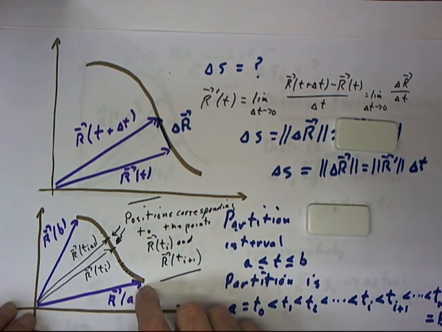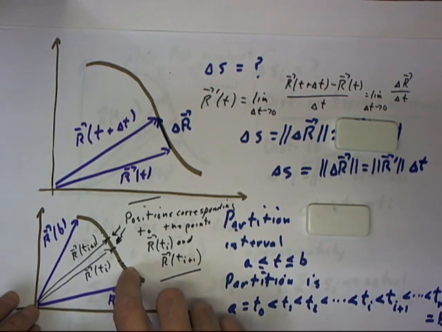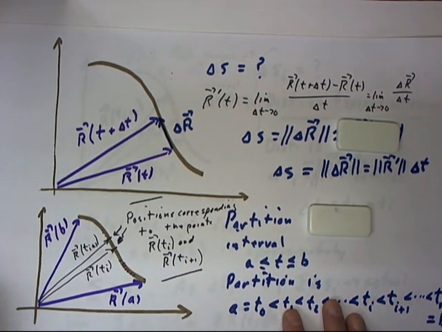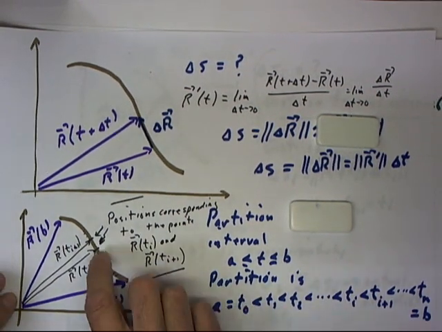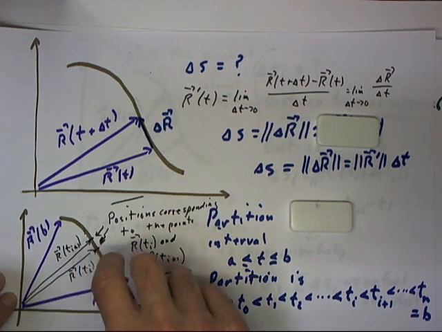So to find the arc distance between the point defined by r(a) and the point defined by r(b) along the corresponding curve, we partition the interval between t equals a and t equals b, and for each sub-partition, for each interval in the partition, we are going to choose the